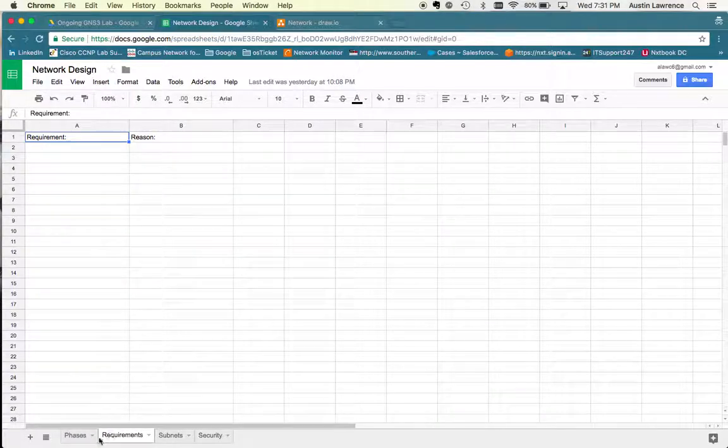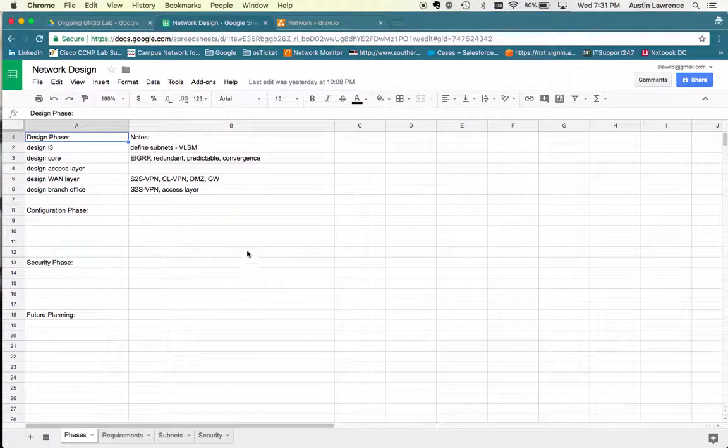of go through my reasoning as to why I configured certain things, and explain certain things, like for example right here, design layer 3, define subnets. I could explain to you why I made certain subnets the way they were between point-to-point links, or why I limited a certain subnet size to this or to that, and just kind of go through and explain some